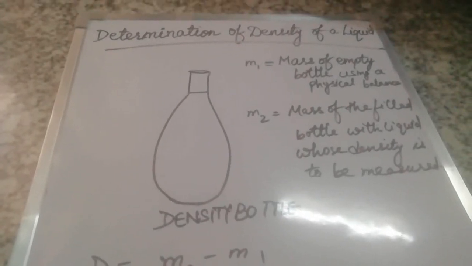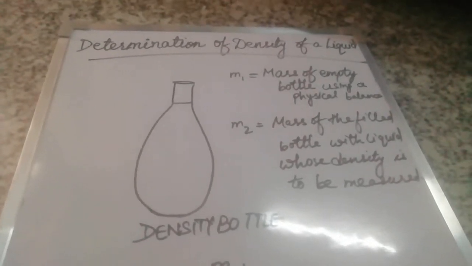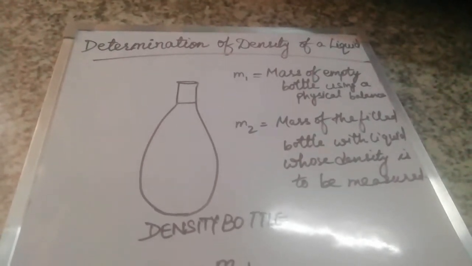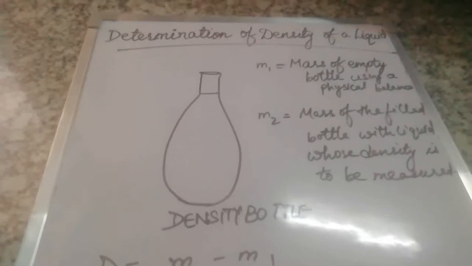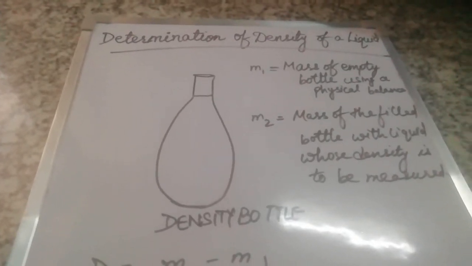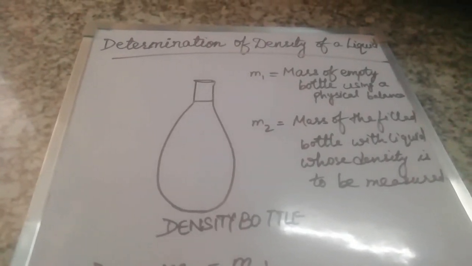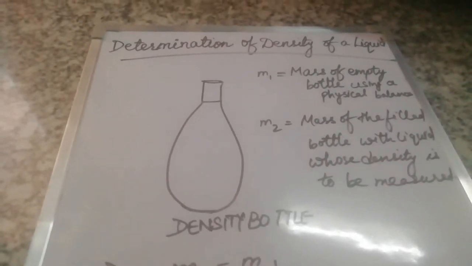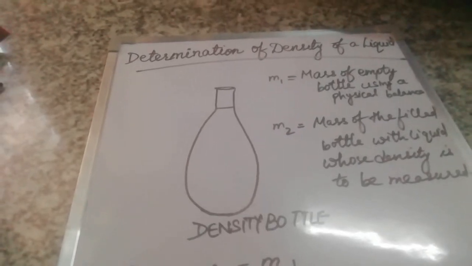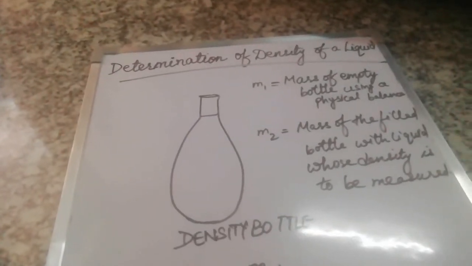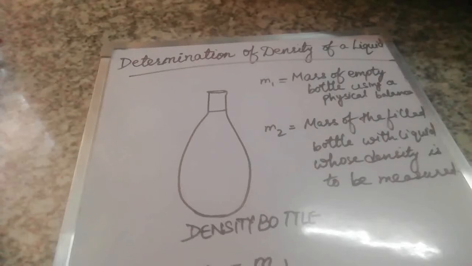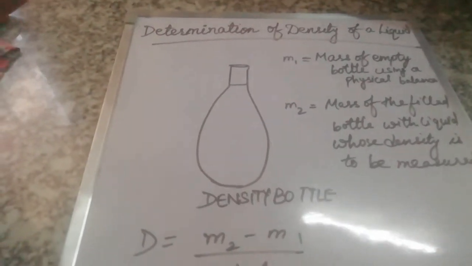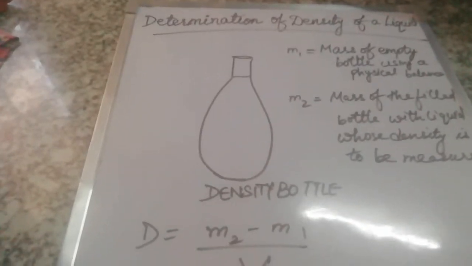The next topic is determination of density of a liquid. How to find out or to determine the density of a given liquid? Look, liquids do not have a shape of their own, so the volume of a liquid cannot be obtained from its length. Mercury is the only metal which is in liquid state at room temperature and has a very high density of what? 13.6 gram per centimeter cube. The density of mercury is 13.6 gram per centimeter cube.